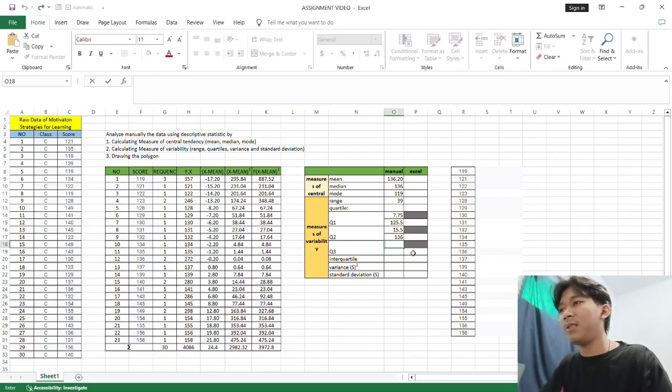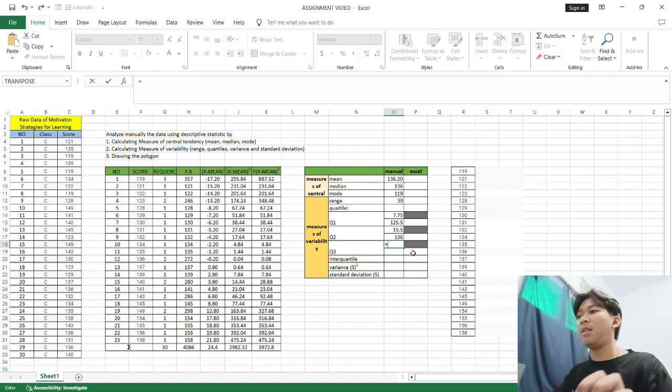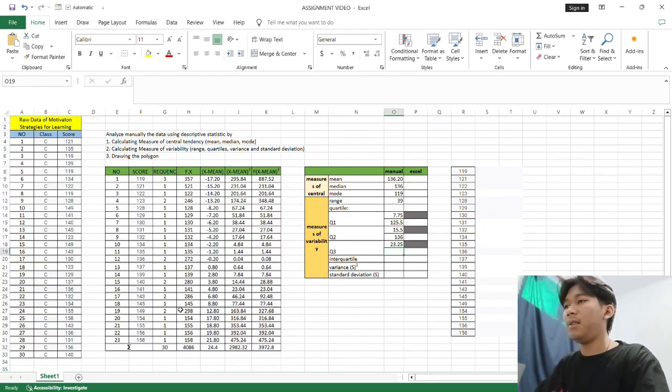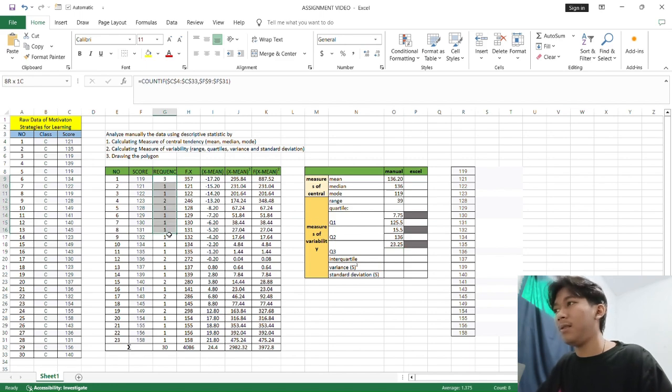We have our second quartile, and then the last is we're going to find the third quartile. So it's going to be like this: 3 over 4 times the total number of our data, and then plus 1. So it's going to be the 23rd. The 23rd number from our data will be